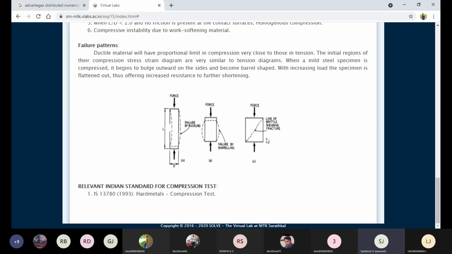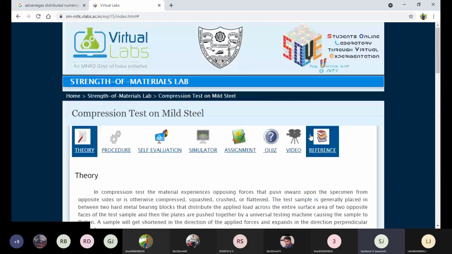Suppose you take exact square-shaped samples, square rods or square sheets, and put them under compression load, the fracture takes place diagonally, right? As we can see in the image, the fracture may take place in these different shapes or patterns, depending on how we vary the shapes of the sample. This is what I can show you in the theory part. It is very important for knowledge purposes. Now I'm going directly to the procedure, where I will show you the simulations.